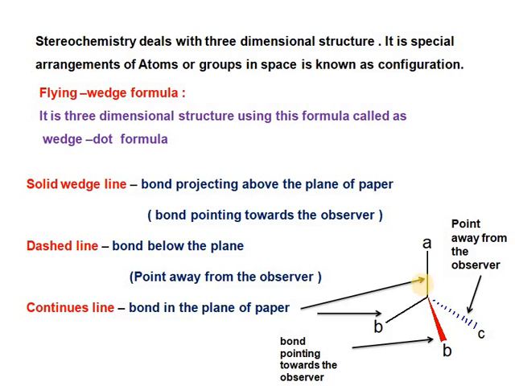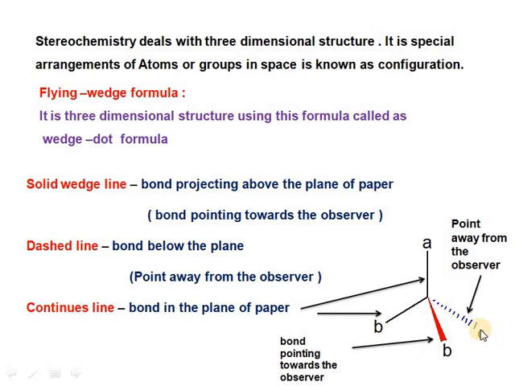using those methods. Firstly, we discuss the flying and wedge formula. This formula represents the three-dimensional structures by using wedge and dash lines. For example, this is one of the examples. It has four different groups, like A, capital B,